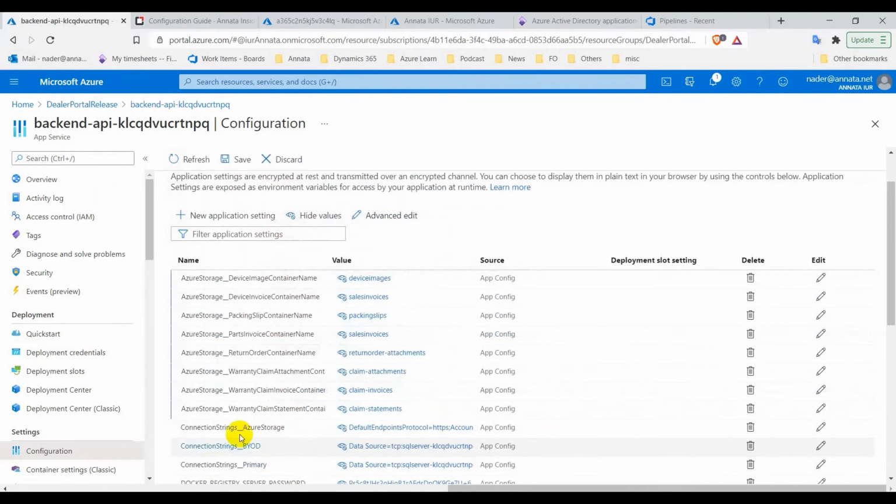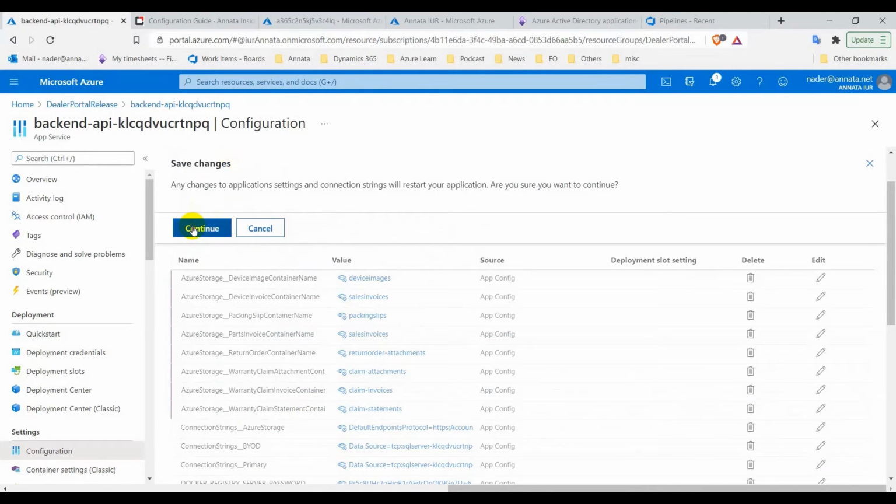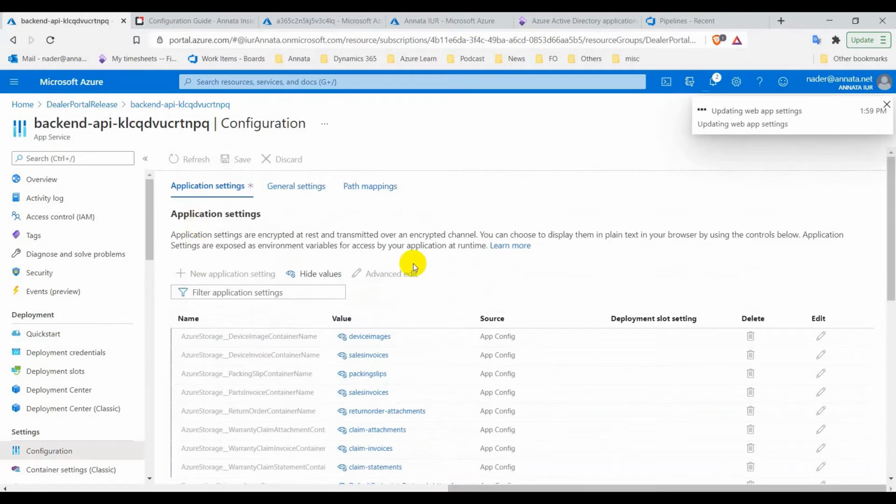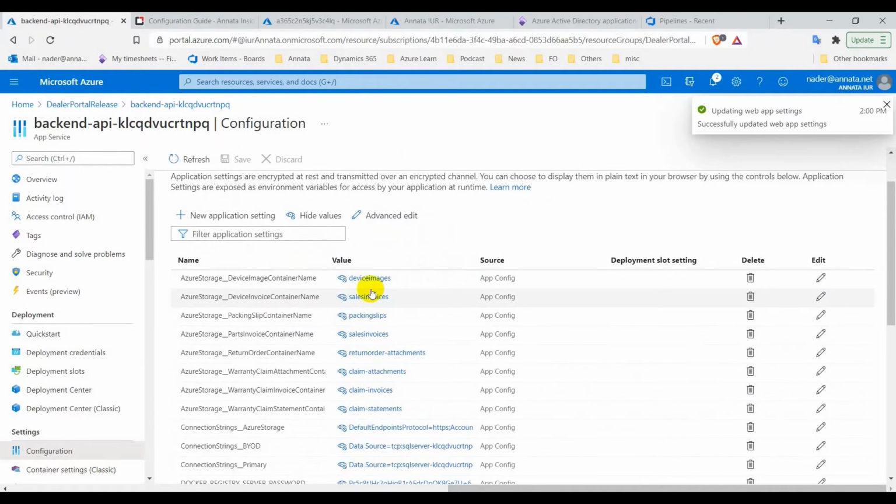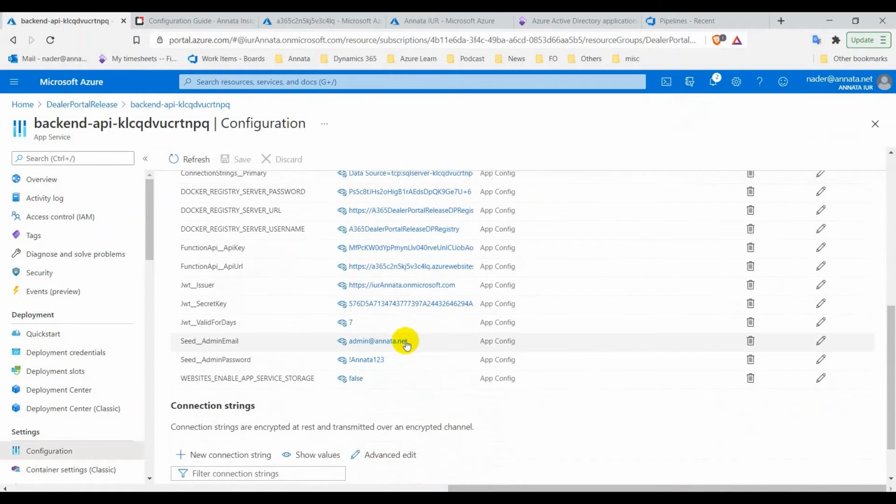Then we click OK, we save our changes. All the values that we put are here listed. We have the password, email,